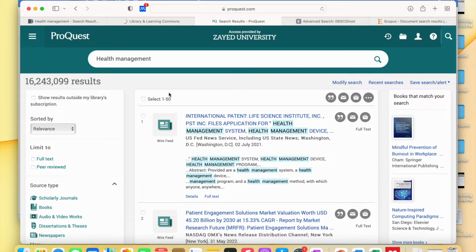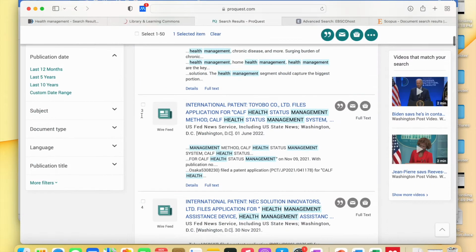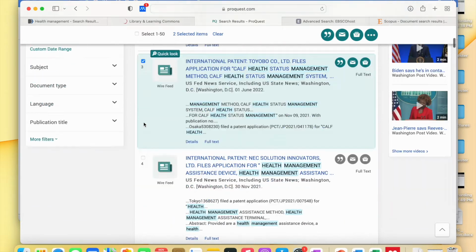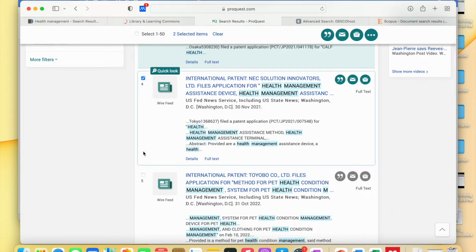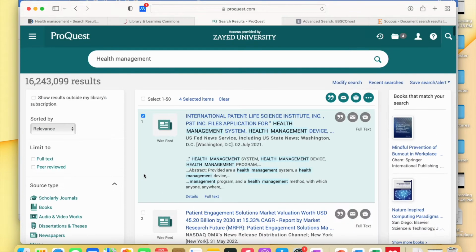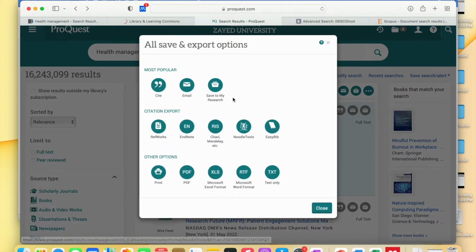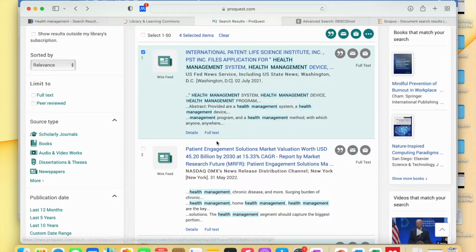If you're using ProQuest, it doesn't support the web importer. So what you can do is select the articles that you're interested in. Okay, I have shown this step before. You can come here, it's all save and export. You can use this for Mendeley. So I will just click that,